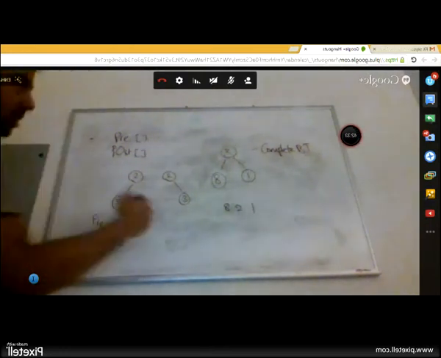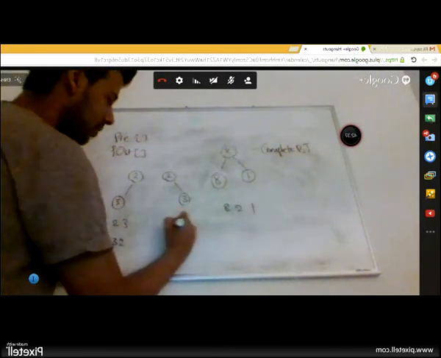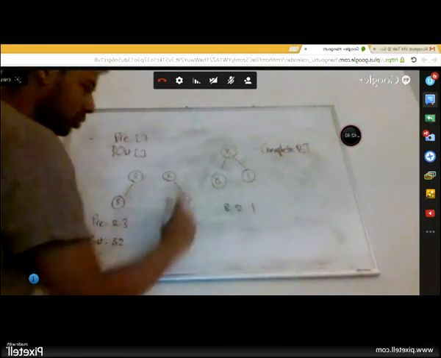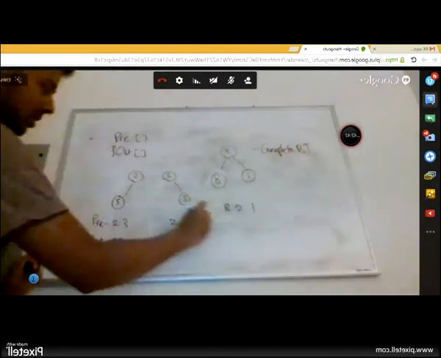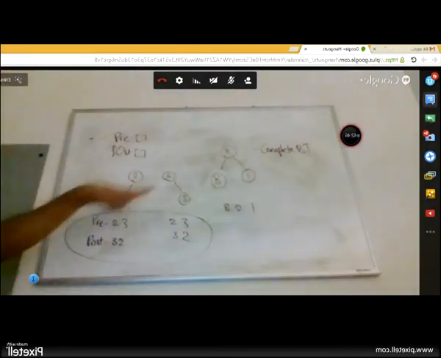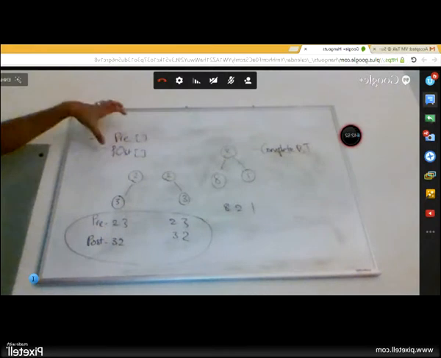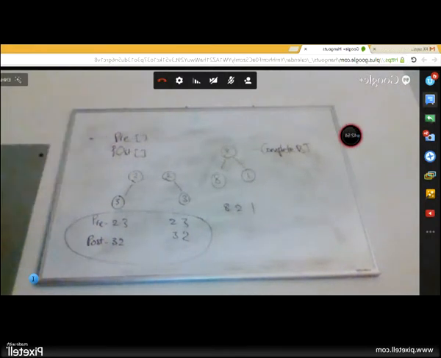The pre-order traversal for this is root left right, which is 2 3. The post-order traversal is left right root, which is 3 2. Notice how the pre and post-order traversals are exactly the same for two trees which are completely different. Which means that you can never uniquely identify a binary tree if you're just given your pre and post-order traversal.